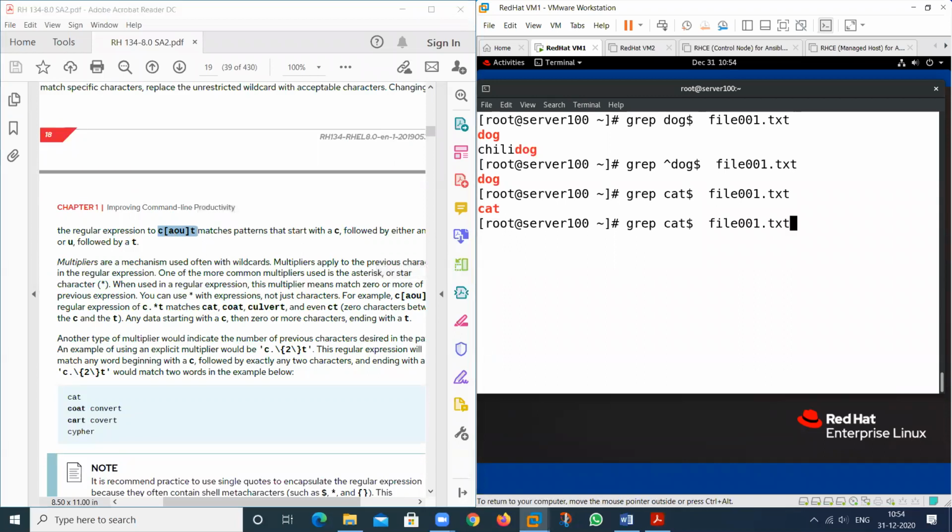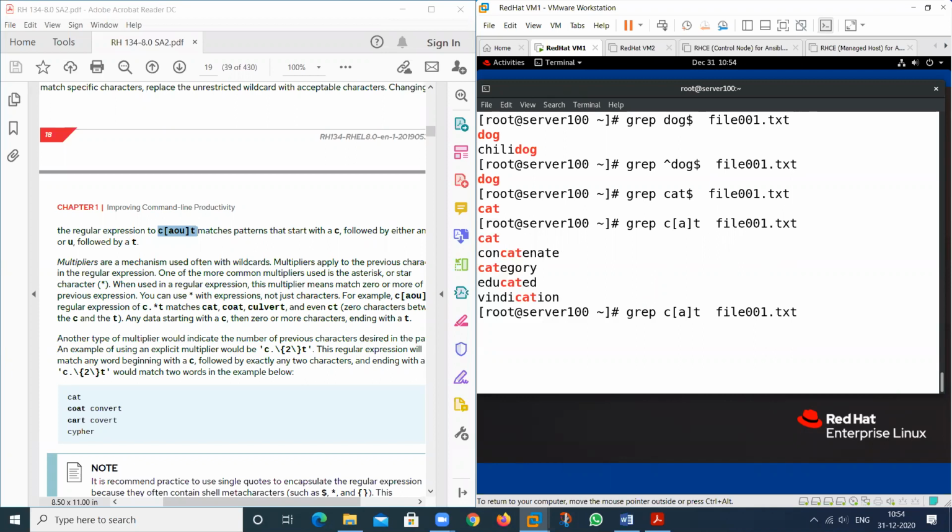One more thing also here. I want to search C, square bracket, and the end of T, and I want to print A also to see the result. All the values related to the A, see the result. So use these values. If you do more practice, then you can find out the things.